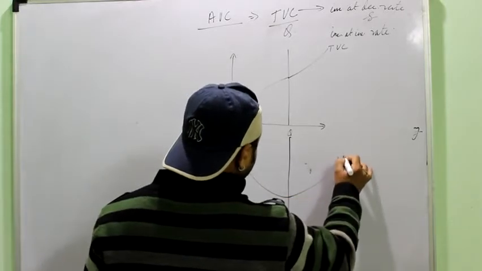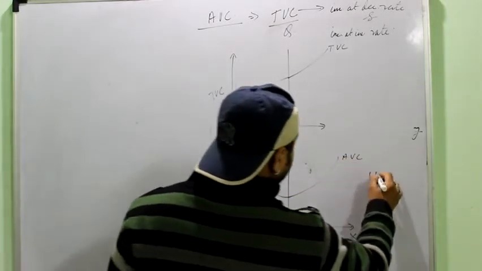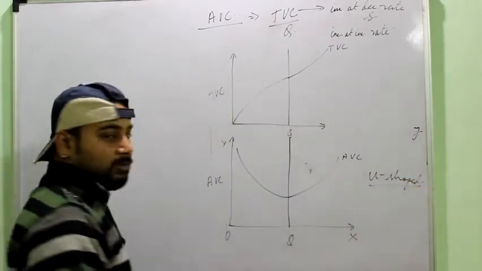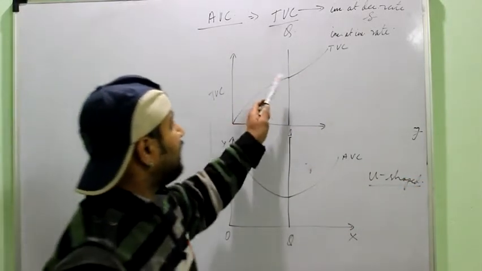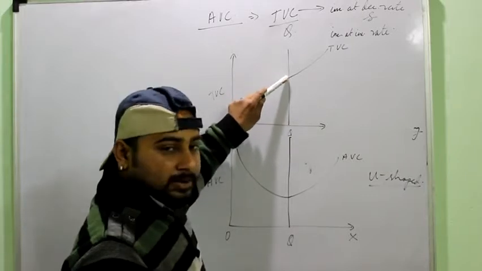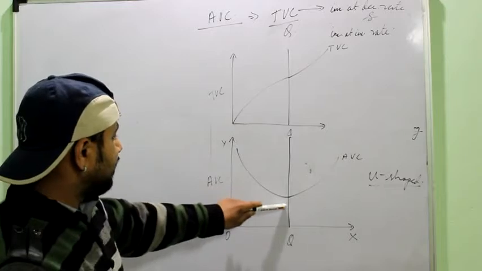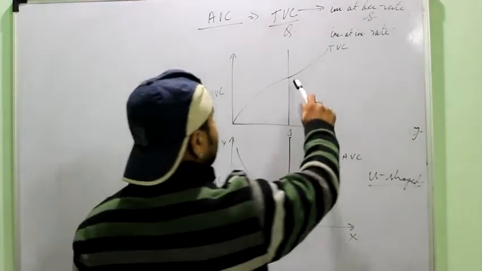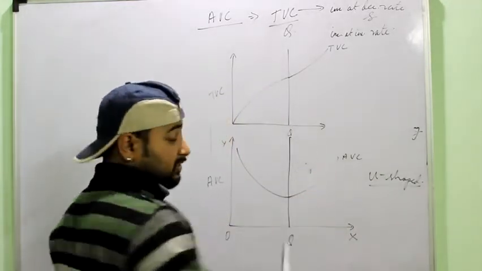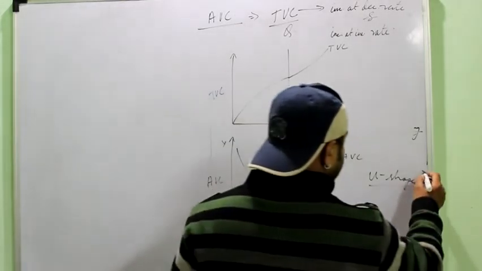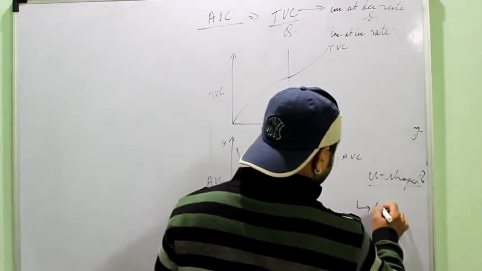So similarly, AVC is U-shaped. It is a U-shaped curve because it is being derived from the total variable cost curve, and till the point total variable cost is increasing at a decreasing rate, AVC will go on diminishing, and as soon as TVC starts increasing at an increasing rate, AVC starts rising, right? If in a one mark question it is asked why it is U-shaped, you will write simply it is due to the law of